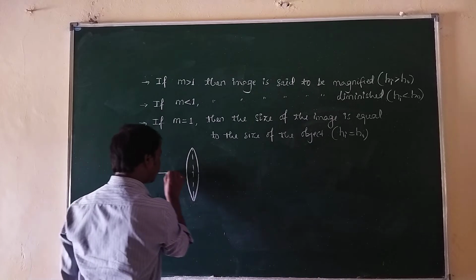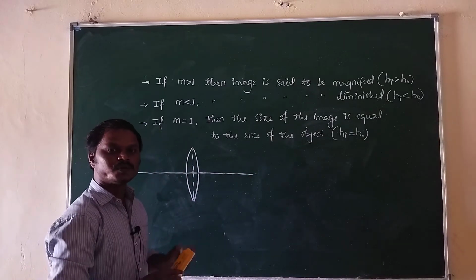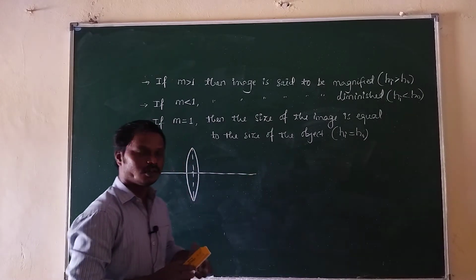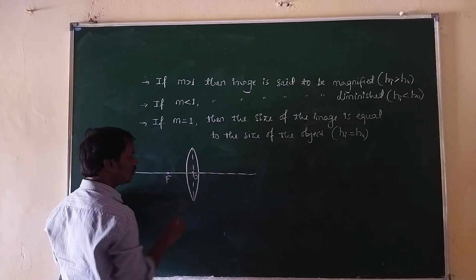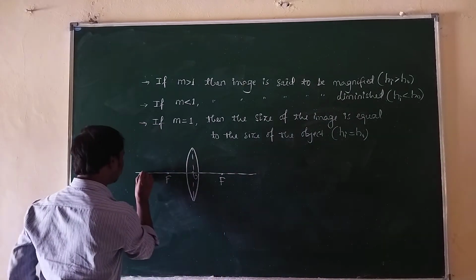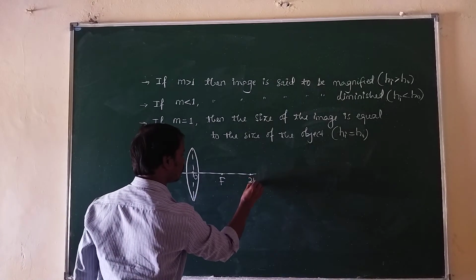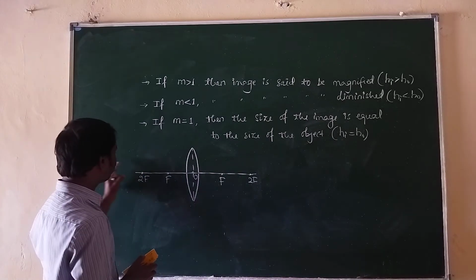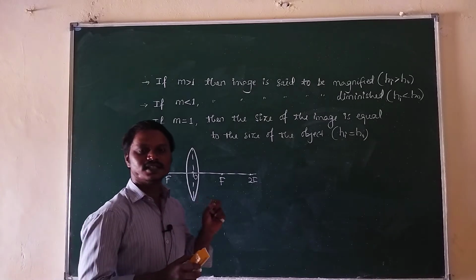Now this is the principal axis, and a lens has how many foci? 2 foci. One focus is at the side of the object and another focus is at the side of the image of the object. I will take it as F. Now the optical center can be taken as O, and on this side also it is F. Next it is 2F, and it is also 2F. If the object is anywhere between infinity and focus, then the nature of the image is real